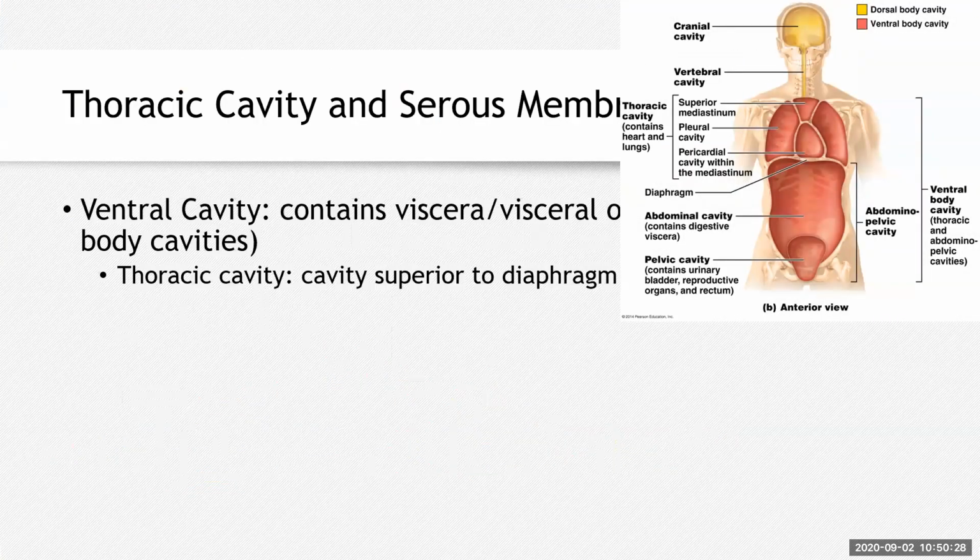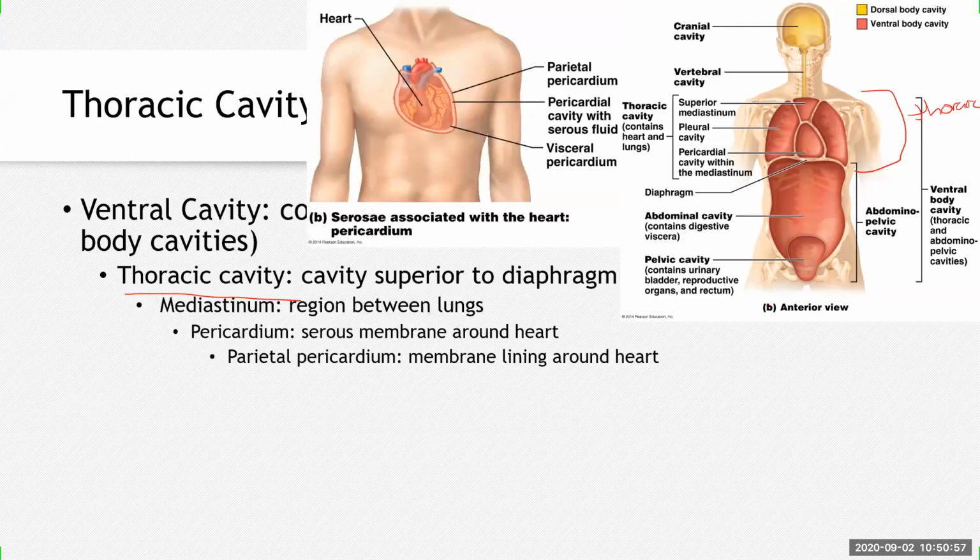Okay. The ventral cavity is this cavity here above the diaphragm. Sorry, I meant thoracic cavity is above the diaphragm, but these are all ventral cavity. Remember, ventral cavity is everything on the anterior side. So if we're specifically talking about the ventral cavity that's above the diaphragm, that's the thoracic cavity here. Thoracic cavity. Anything below the diaphragm is going to be called the abdominal pelvic cavity, and we'll get to that